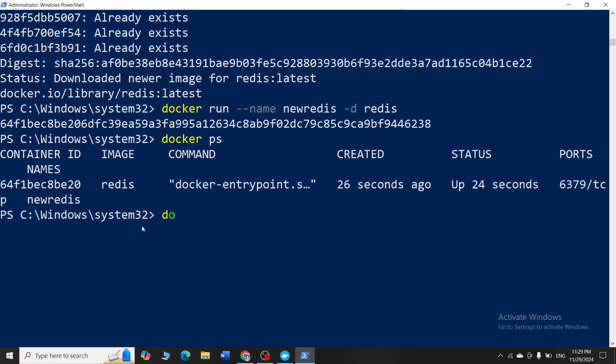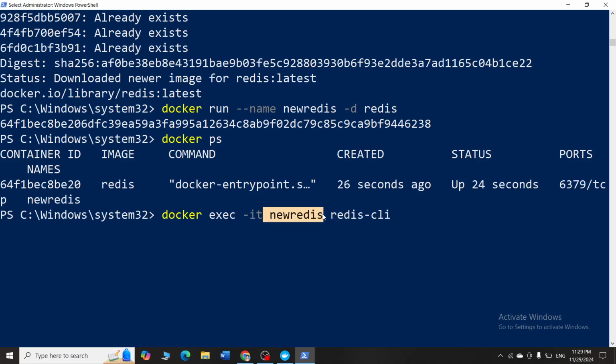So to enter into this, you have to type the command docker exec -it new Redis redis-cli. Okay, so docker exec -it. That means I am telling it to execute the interactive phase. Okay, so the CLI is an interactive module where the user will type something and that CLI is taking the command. So execute the interactive module of what? Of the container called new Redis.